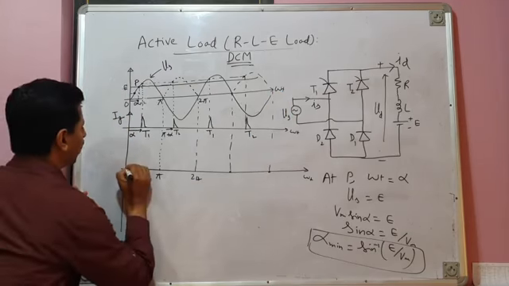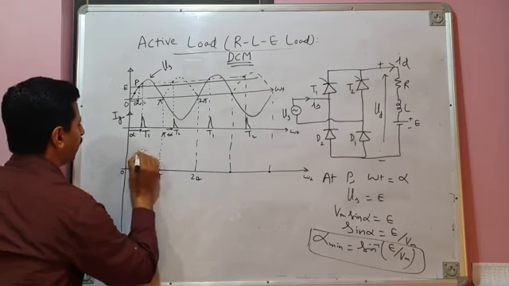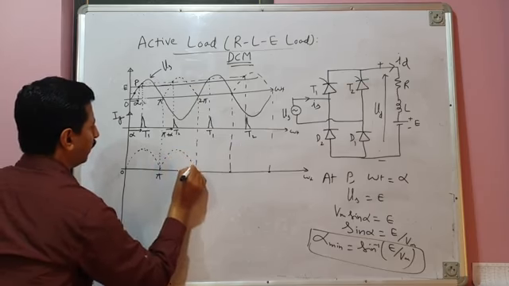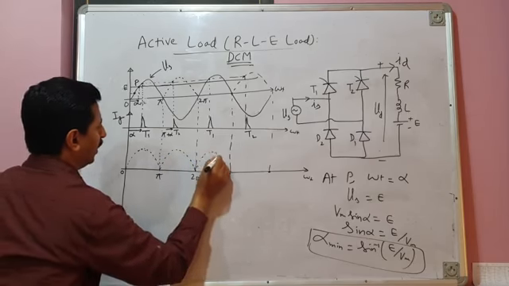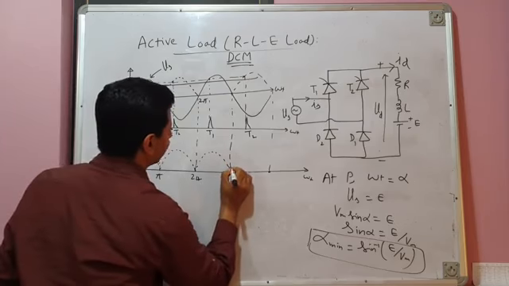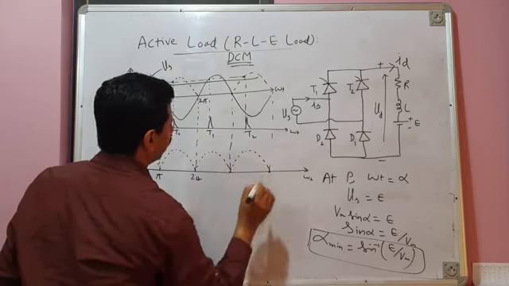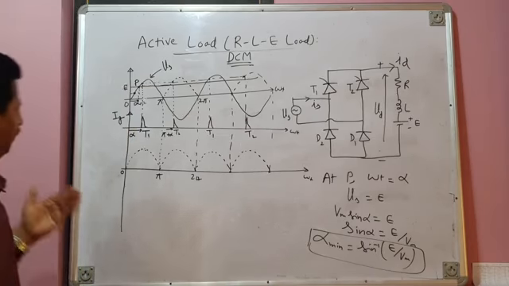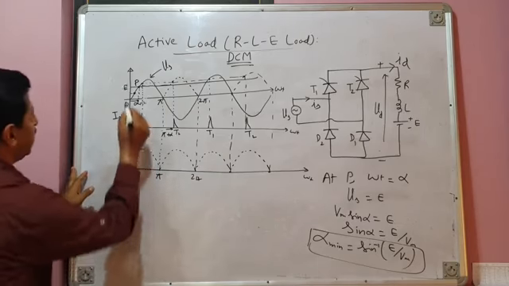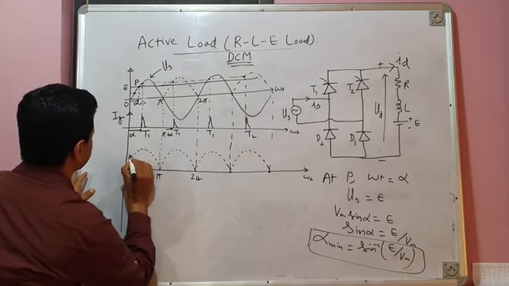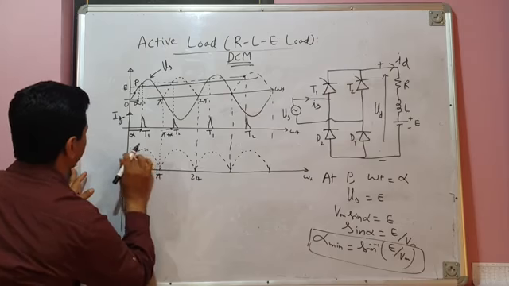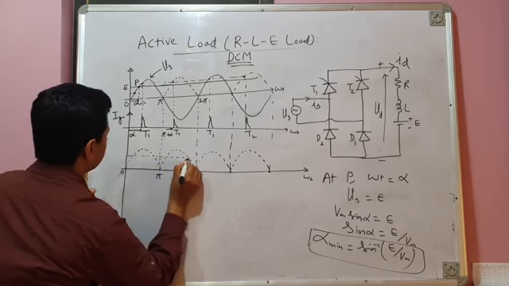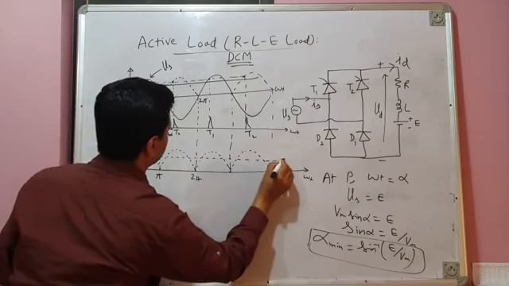Now my load voltage, let me draw dotted load voltage waveform, which is not the actual load voltage waveform. It is the load voltage waveform if we would have a diode bridge rectifier and E would have been absent there. Anyway, so where is E? E is somewhere here. Let me draw E also dotted. This is E.